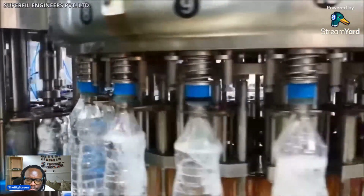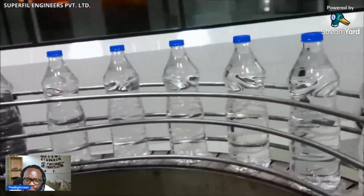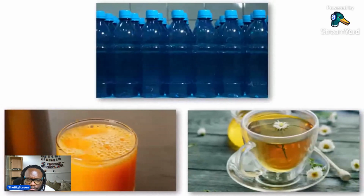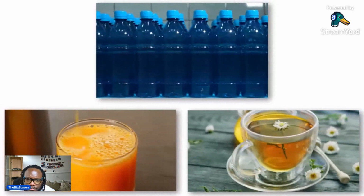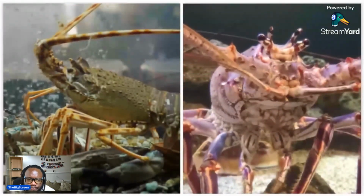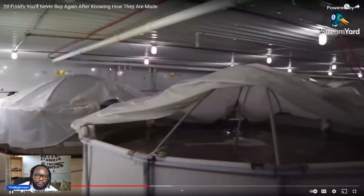Considering the health and environmental issues associated with soda consumption, consumers might opt for healthier and more sustainable alternatives, such as water, herbal tea, or homemade fruit-infused beverages. Number 9, farmed shrimp. Farmed shrimp might seem like a more sustainable alternative to wild-caught shrimp, but the methods used in